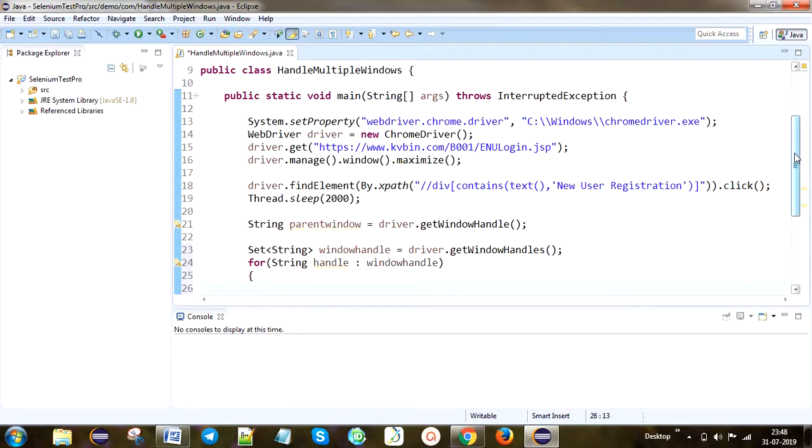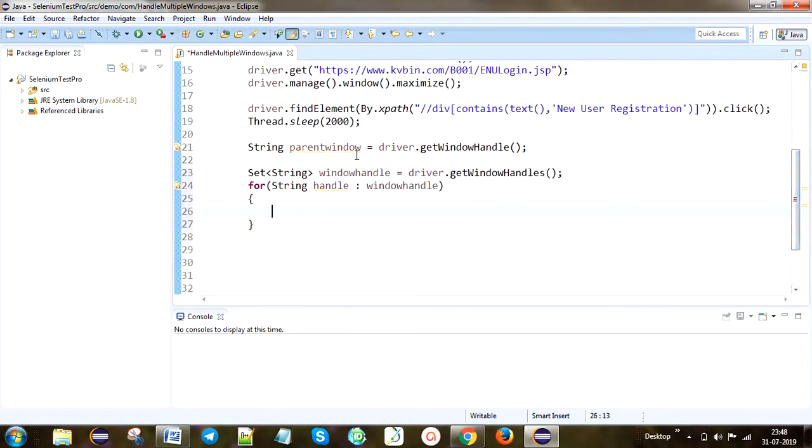So here I already stored the window handle in the parent window string. I'm going to put one if condition. Why? Because I'm going to check whether the parent window and child window matched or not.